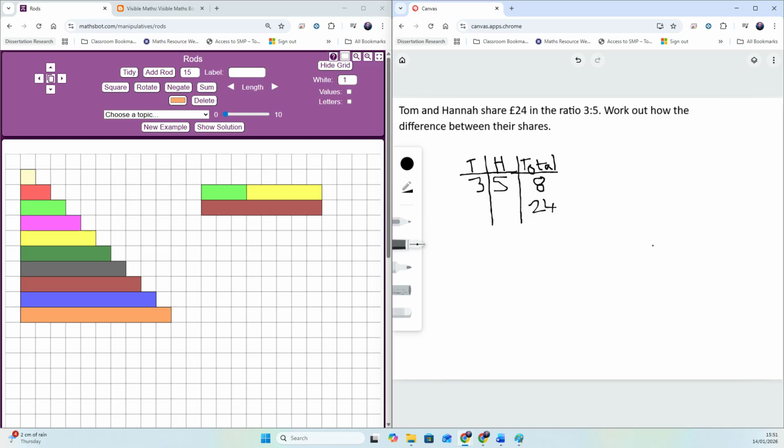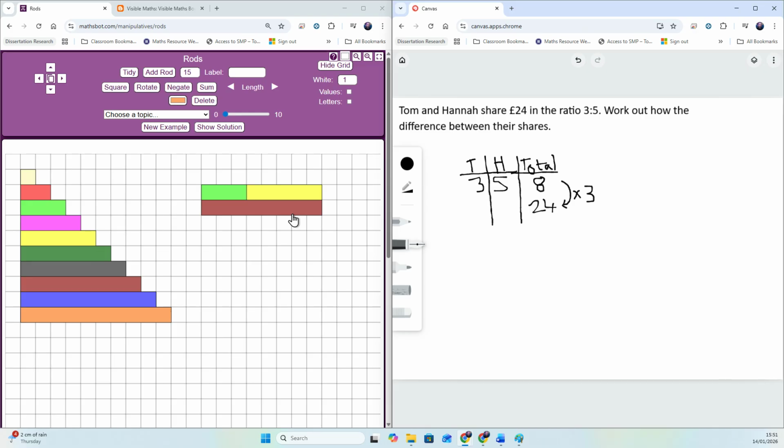And again, setting it up like this allows me to highlight and allows kids to note the same key relationships between the 2 parts, between the parts and the total, and between the total in the ratio and the total amount of money. And so what we've got here is this scalar relationship, the fact that the amount of money, the £24, is 3 times bigger than the 8